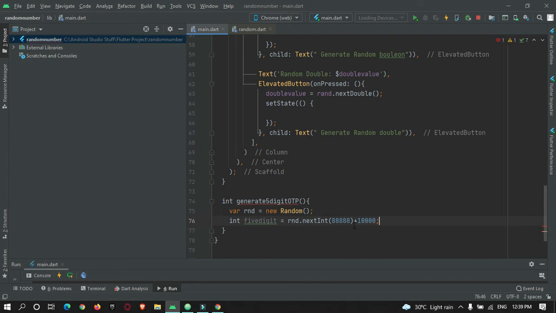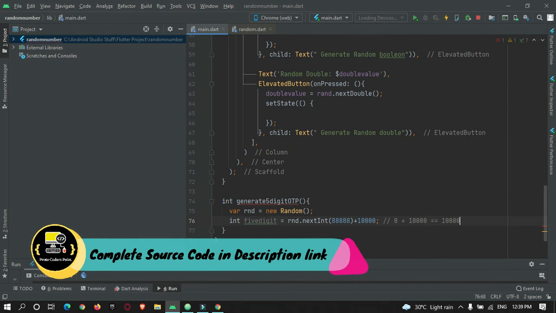Now what will happen over here is, suppose the random number generated is 0. By chance, if the number is generated as 0, and we add 10,000 to this number, the random number generated will be 10,000.